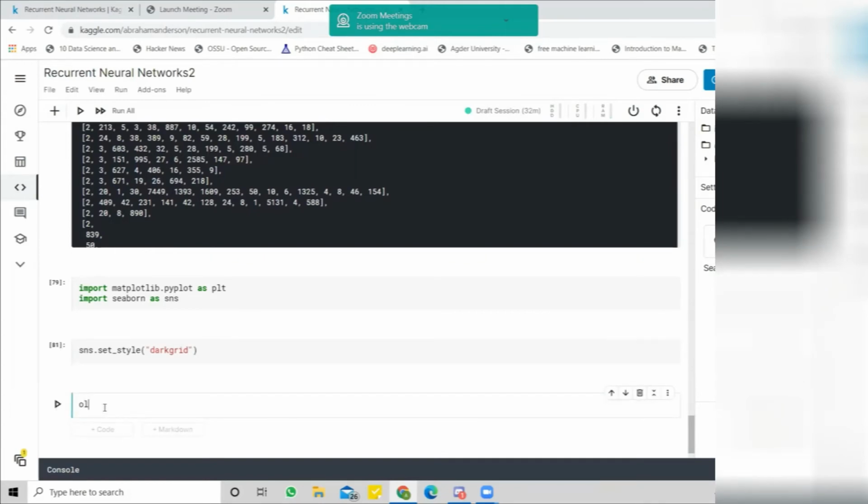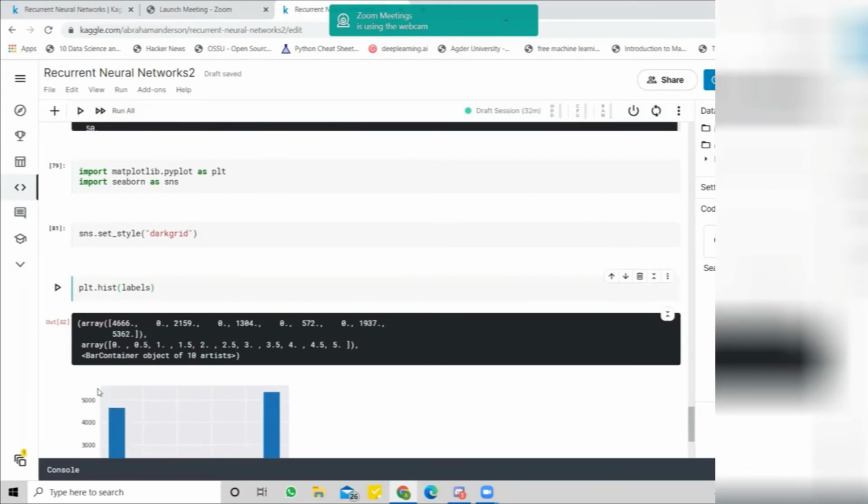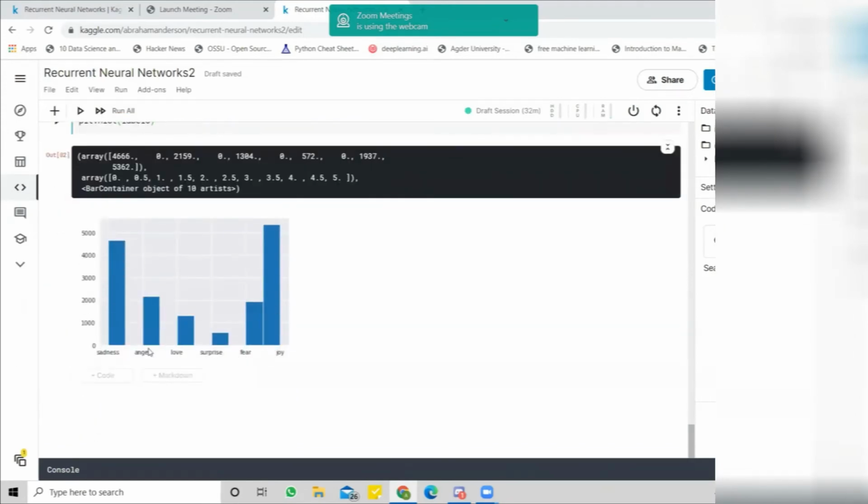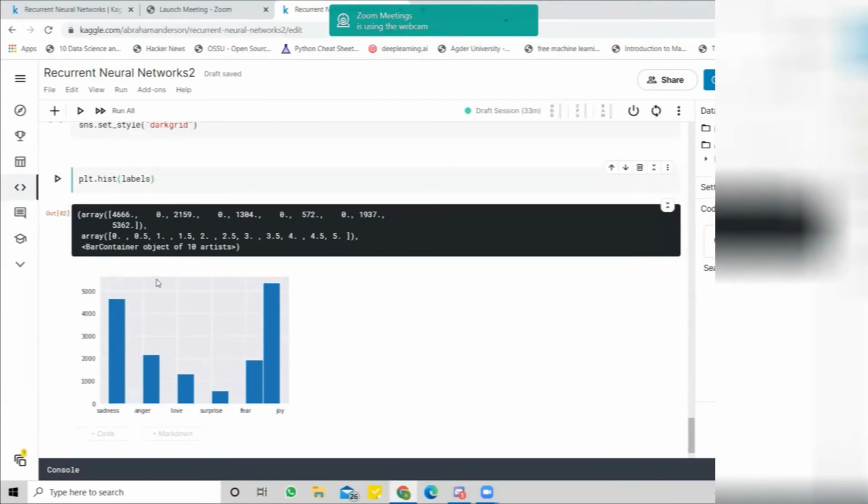let's create a histogram, which means a distribution plot, for our labels. Right, these are the labels of our training data set. As you can see, 1, 2, 3, 4, 5, 6. There are 6 labels that have been assigned to the tweets, right?